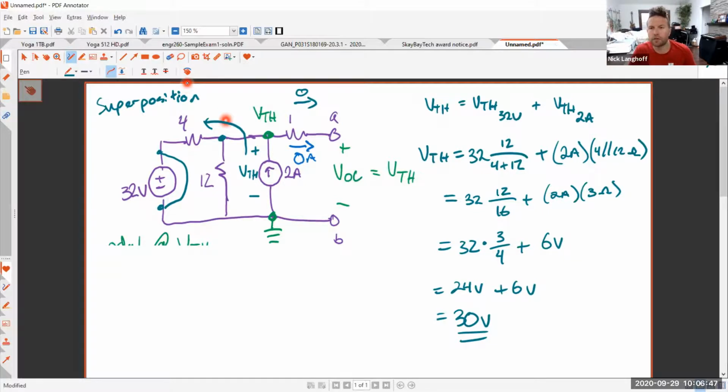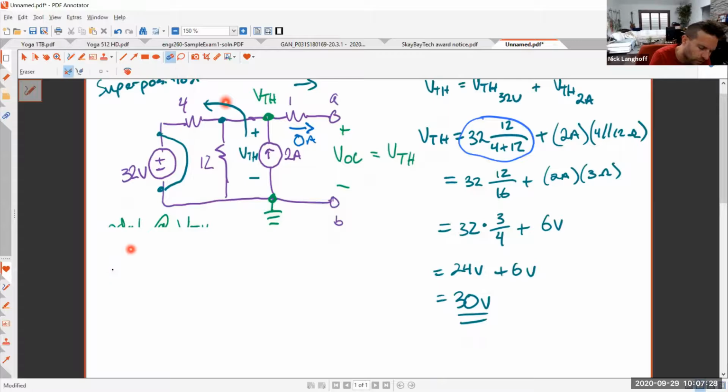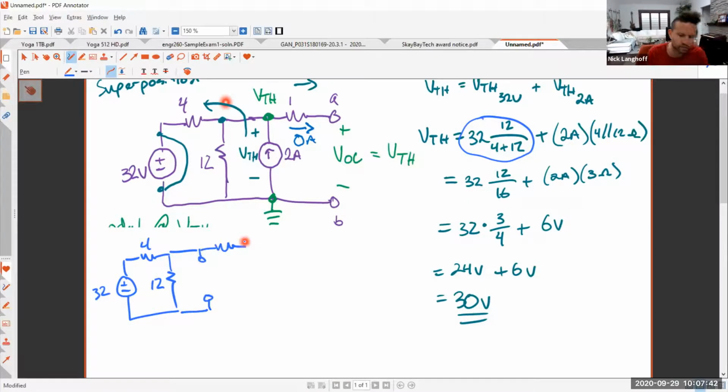Do you guys see it? Do you see what I did? You want to see the subcircuits? All right, so I'll try to color code it. So, V Thevenin due to the 32 volt source. Remember how that was a voltage divider, right? So when you turn off the other source, you get something like this. Here's the plus 32, here's the 4, here's the 12, and then this is open, and this is going nowhere,